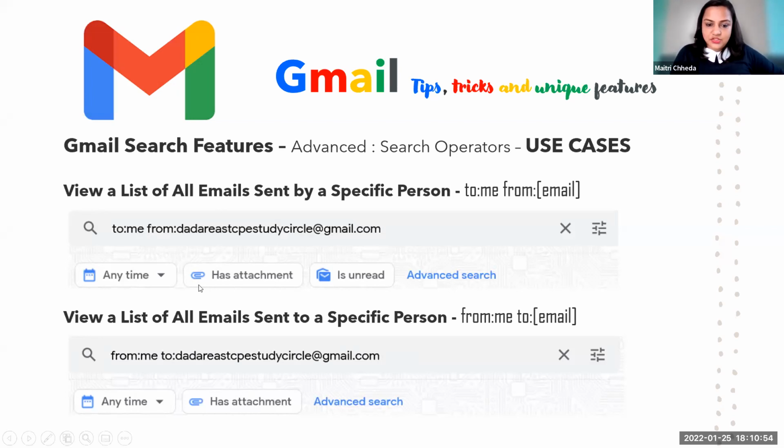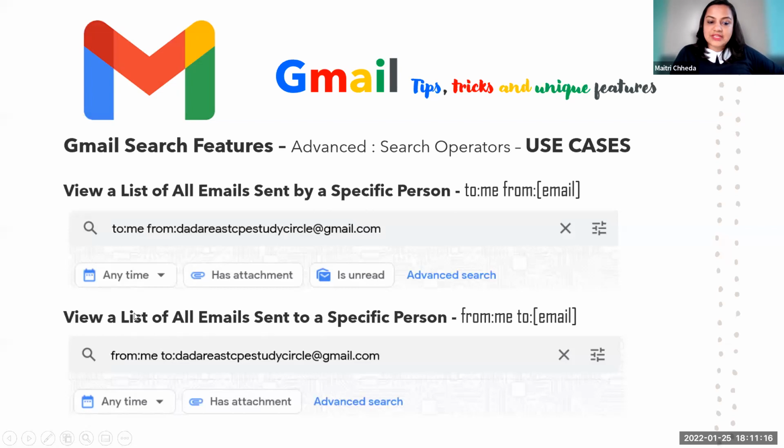Post that, the advanced search options Gmail will give me below the search box would be any specific time I want, a specific attachment, or only the ones which are unread, so that maybe I can delete specific emails from a specific person or email ID. So I can select any of these and go ahead.